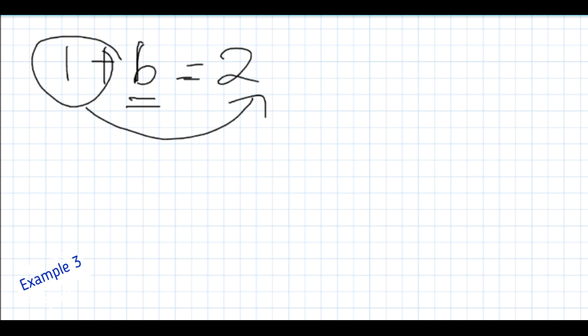Now, in the past I've shown you that you can do the opposite function on the same side, and that will cancel it from one side. But remember, when you're doing that opposite function or operation on one side, you're also doing it to the other side. So at the end of the day, you are still taking that term or that number to the other side of the equal sign,